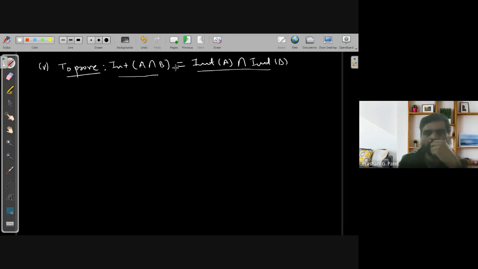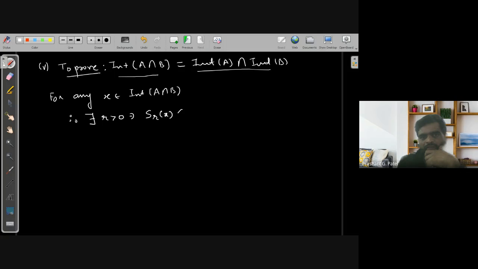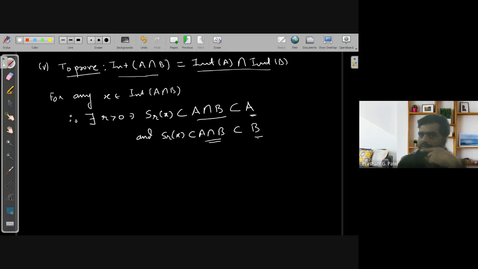If I want to prove that one set is a subset of the other, I need to start with any point x inside the interior of A intersection B. So as per the definition, there exists r greater than 0 such that S_r of x is a subset of A intersection B. But A intersection B is always a subset of A, and the same way it is a subset of B. So that means this portion S_r of x is common in A as well as in B. So hence we can say that